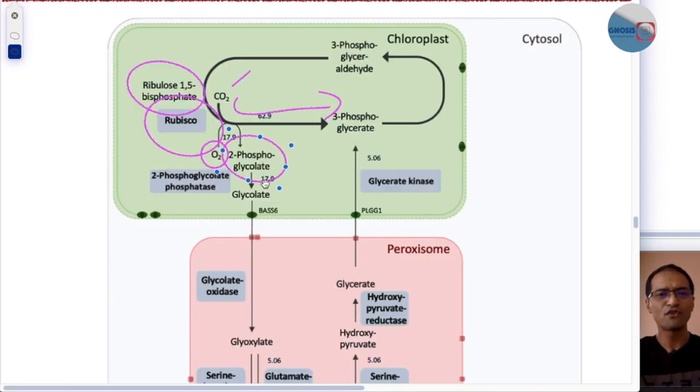And this phosphoglycolate is then converted to glycolate in the chloroplast, and then this glycolate cannot be immediately utilized by